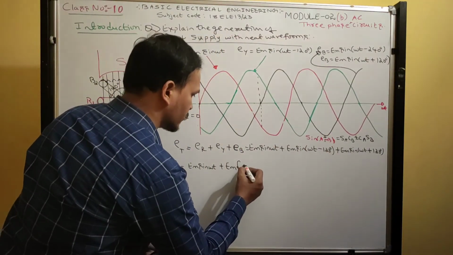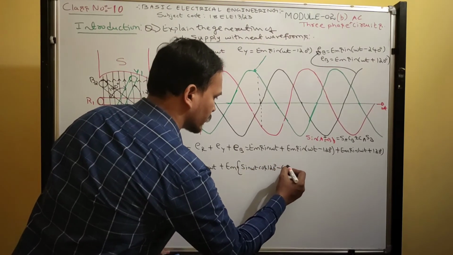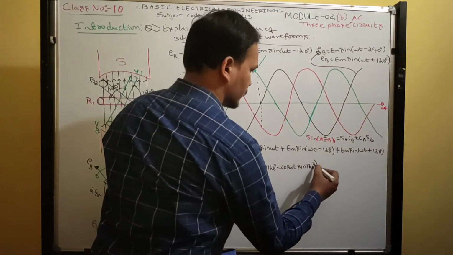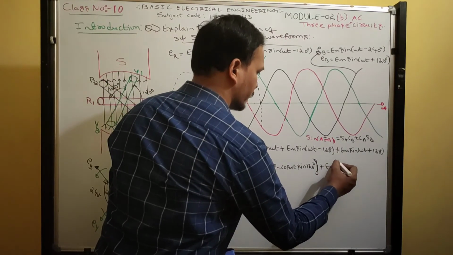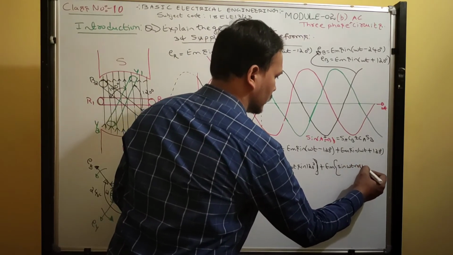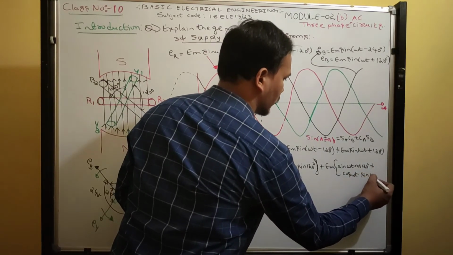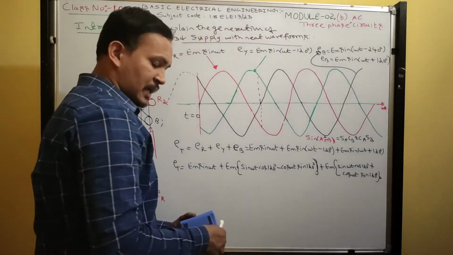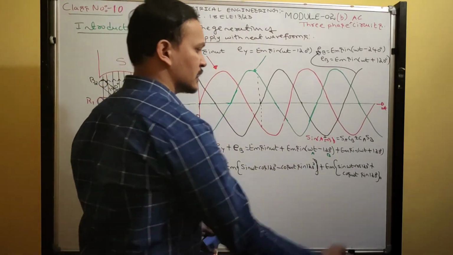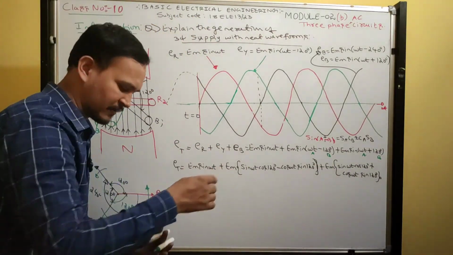So sin A plus B is what? Sin A cos B minus cos A sin B over. Then the second term, plus EM within the bracket. What is sin A plus B? Sin A plus B is sin A cos B plus cos A sin B. Guys, A value is this one, and 120 is the B value. In this equation, A is this one, B is this one. Very simple. Now multiply each and everything.